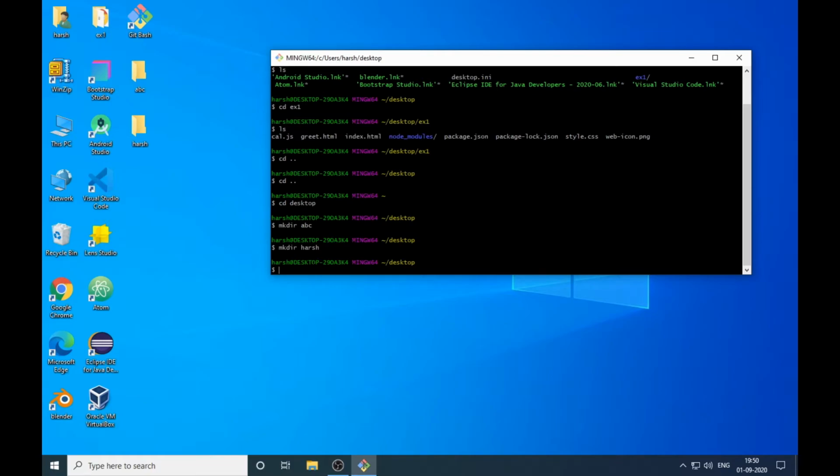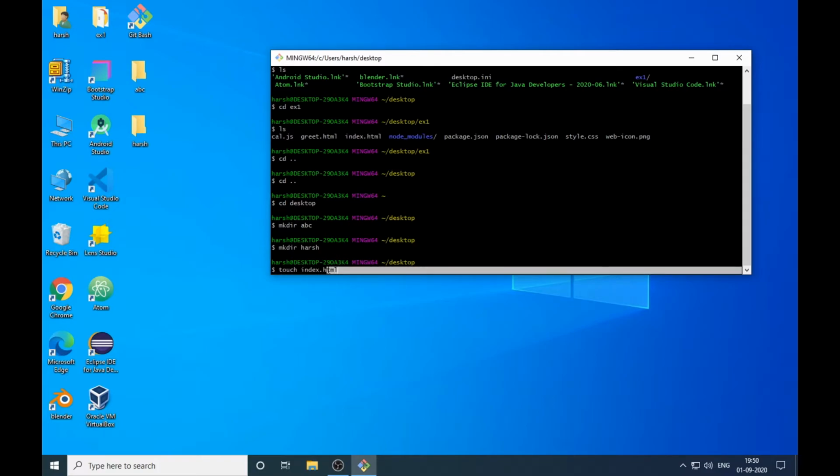Now I want to create a file. Let's suppose I want to create index.html. Okay, so how will I create that file? To do that, there is a command called touch index.html. Remember that if you want to create a file, you have to specify its extension.